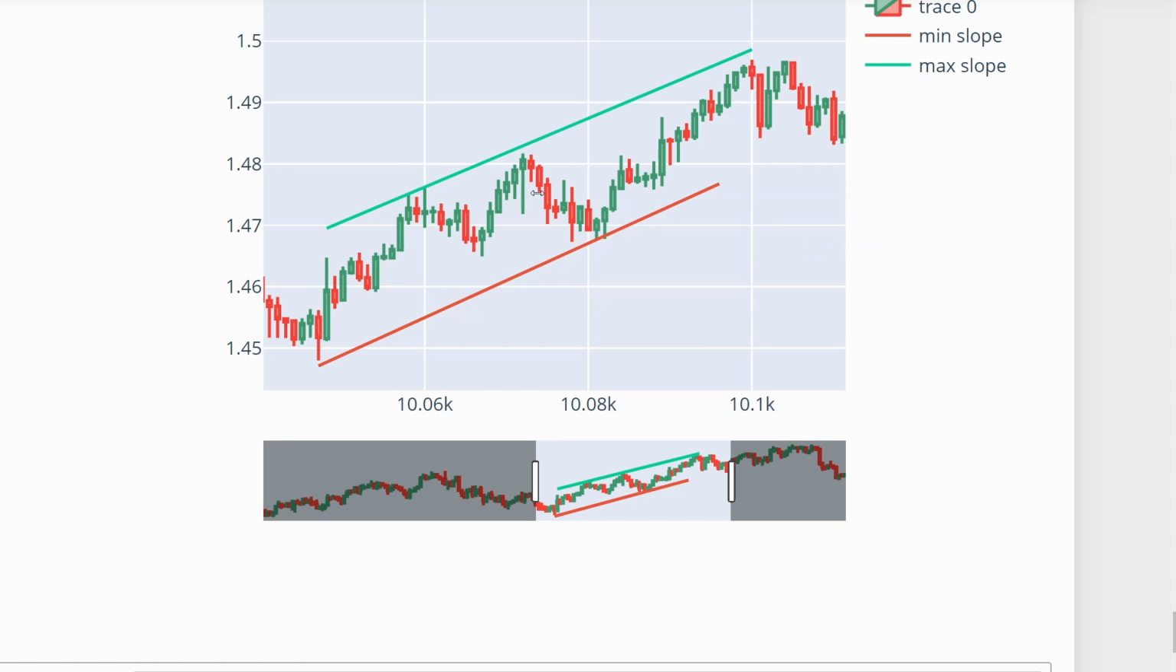So the slopes are positive, so we have a positive trend. If the slopes were negative, we would have negative trends. So in this case, if you want to add a strategy on top of this indicator, you might say, okay, I'm going to look for buying positions in this case. And whenever I'm very close to the minima slope